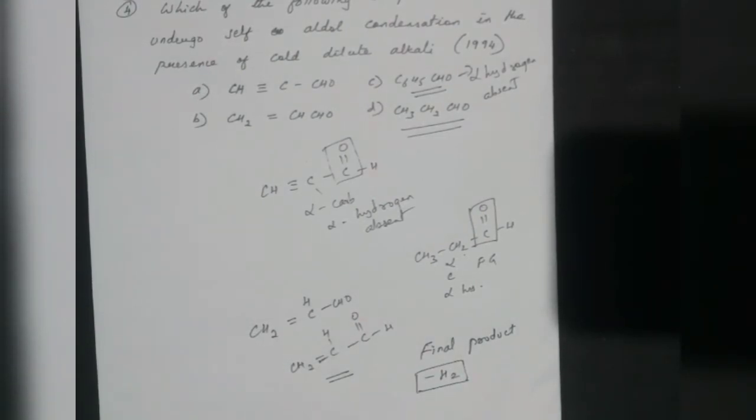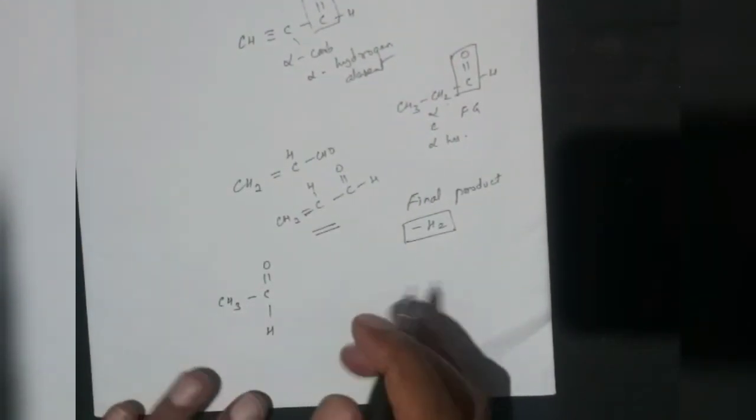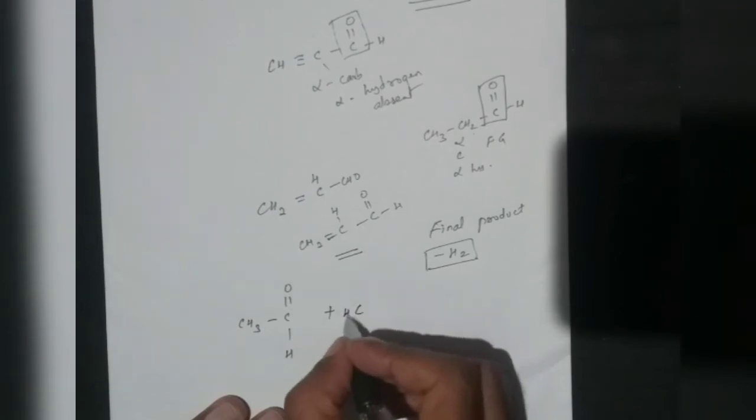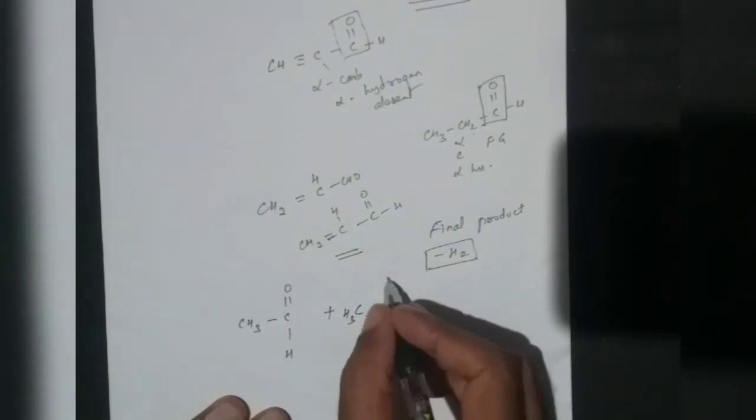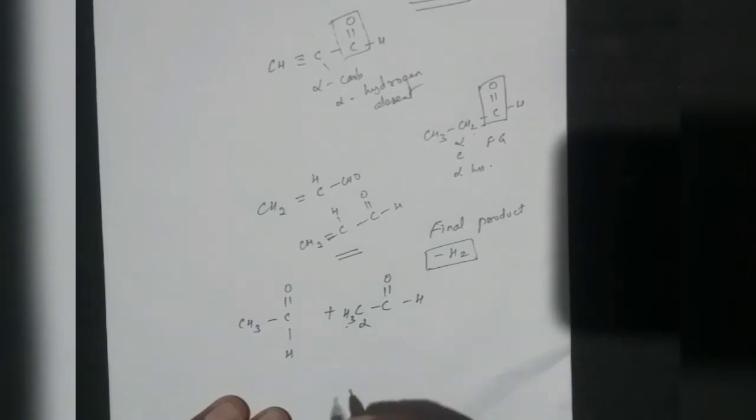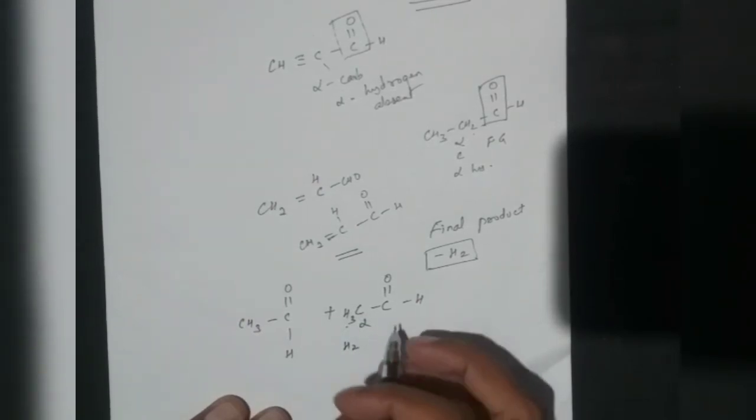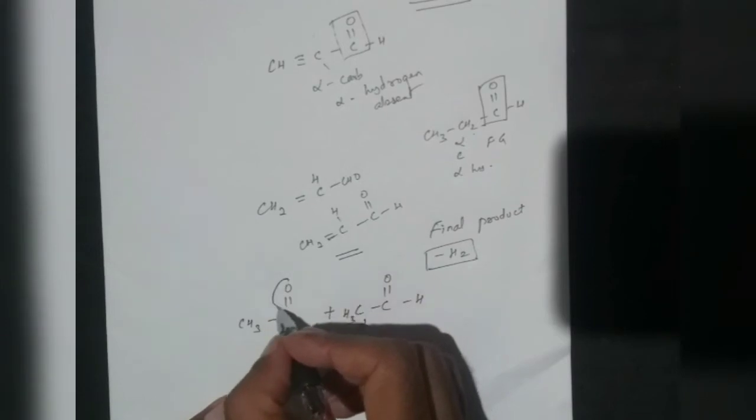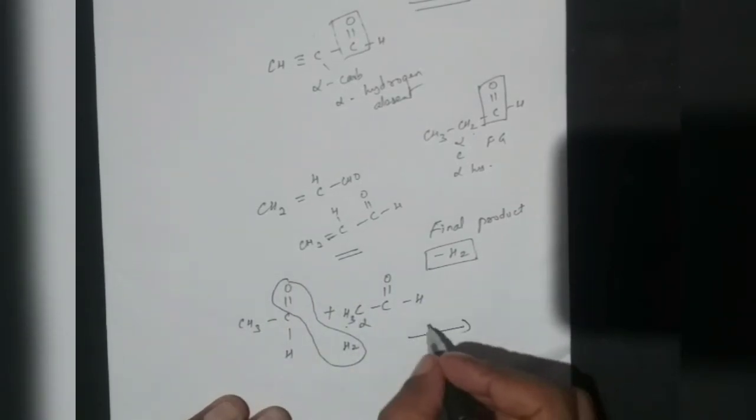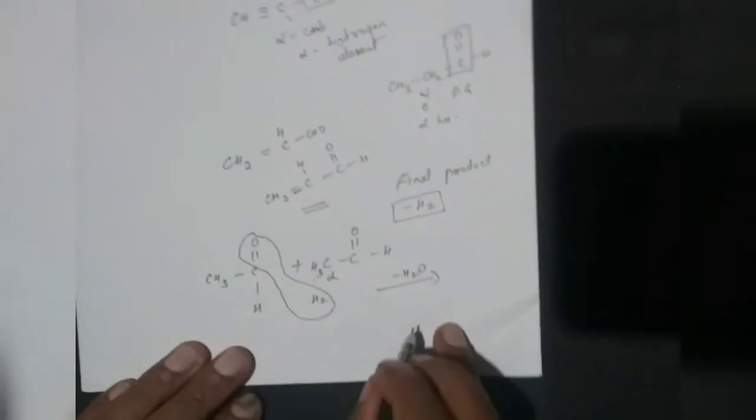For example, if we take acetaldehyde, CH3, C double bond O, H, plus CH3, C double bond O, H. So here it is the alpha carbon, and we've got the alpha hydrogens. So two hydrogens will be removed from here, and this oxygen. So minus H2O, and the product will be